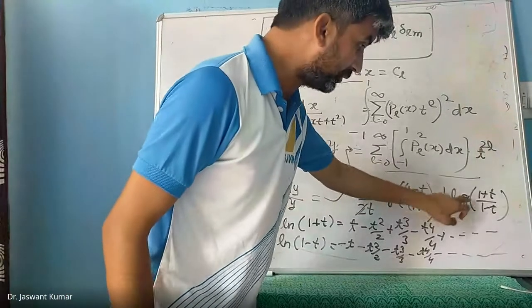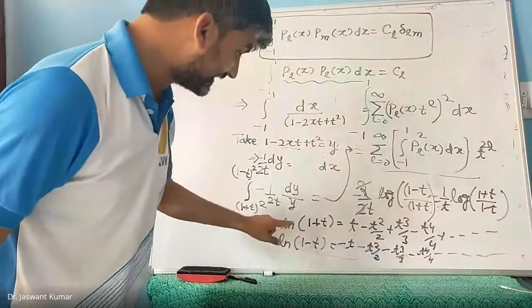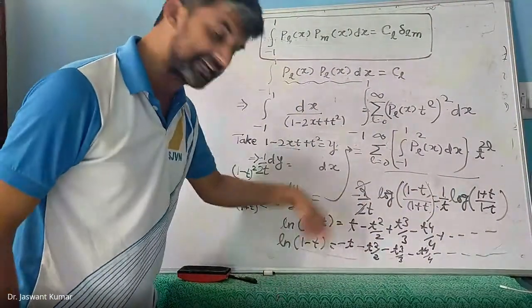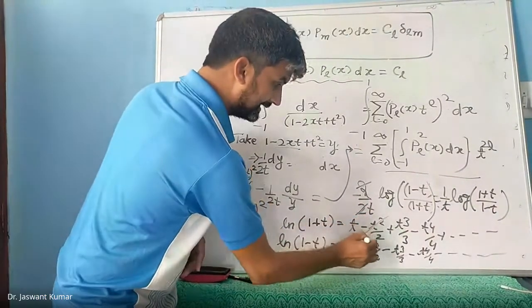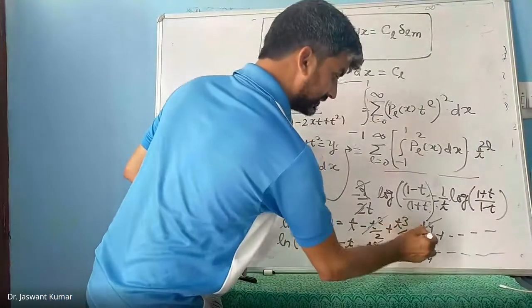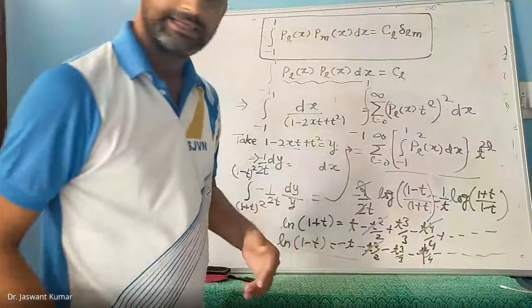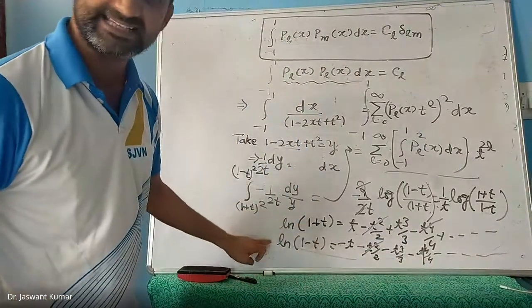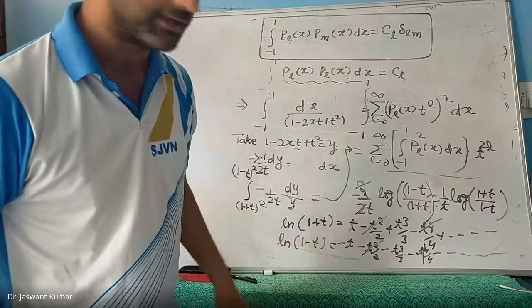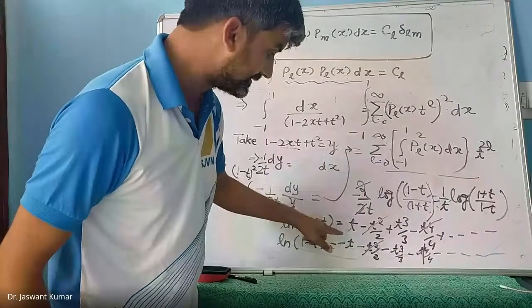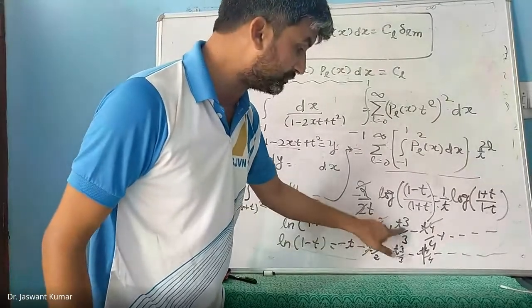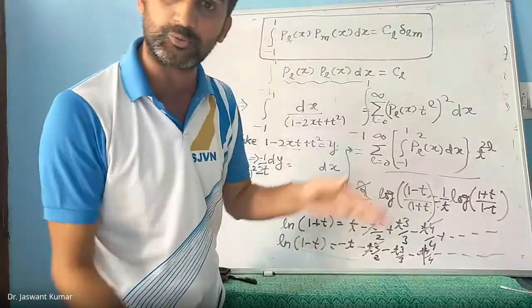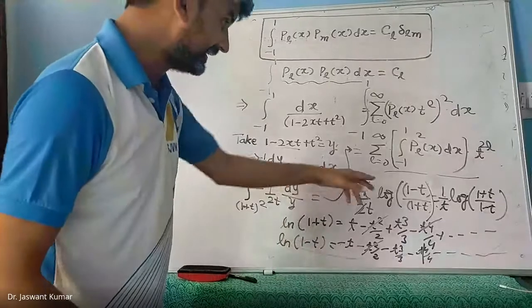Yes, sir. So logarithm of 1 plus t by 1 minus t is the difference of these two. If you take the difference, what will happen? The even powers will be cancelled. What will be remaining is t plus t, which is 2t, then t cube by 3 plus t cube by 3, which will be 2t cube by 3. So I write this as,